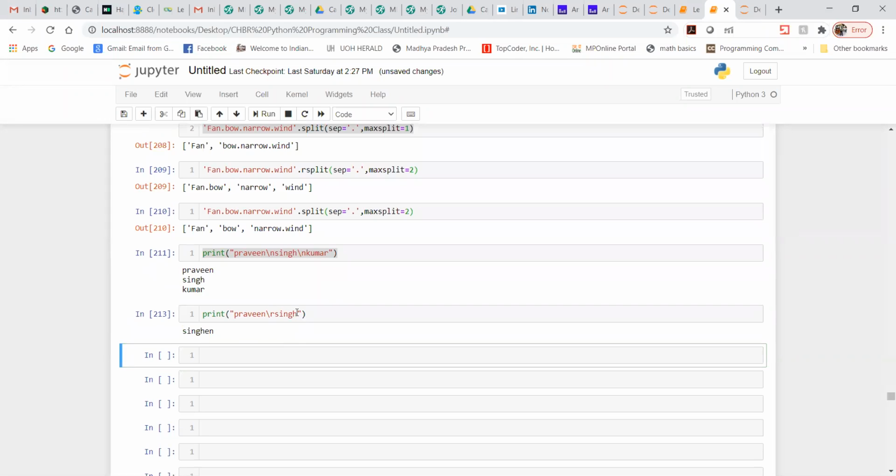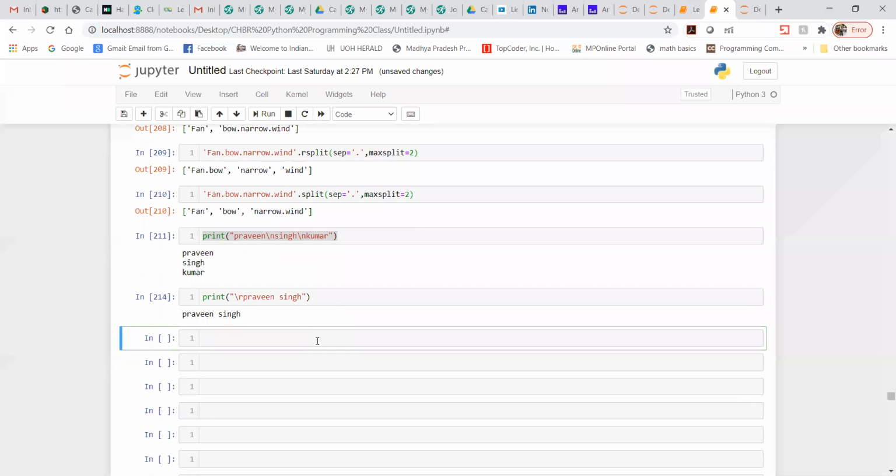You can see sing, and after sing we first get sing and then the rest. If I specify control s instead, let me see the output. It's pretty much the same. So we need to perform this in between.